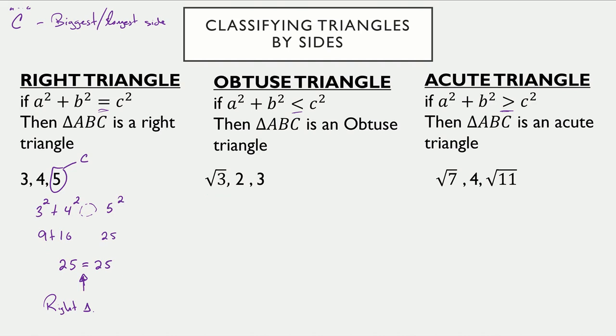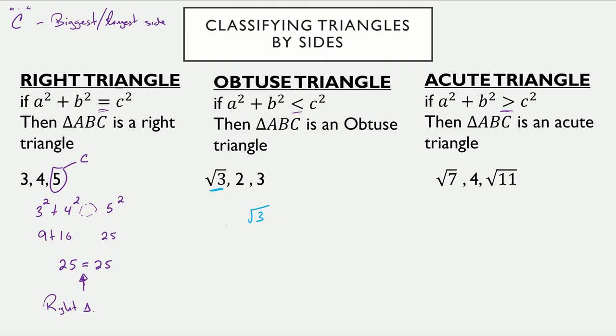try to figure out which between these three sides represents C, which one represents the longest, or the biggest side. Now between 2 and 3, we can easily compare that. 3 is a little bit bigger than 2. But if we're looking at the square root here, a little number sense, right? So if we don't have a calculator handy, we have to figure out, well, what number is that, right? We have to figure out, how does that fit in here? Is it smaller? Is it bigger? Is it in the middle? So that's what we're trying to find. So a little number sense. So the square root of 3. Okay, so that's a little bit hard,